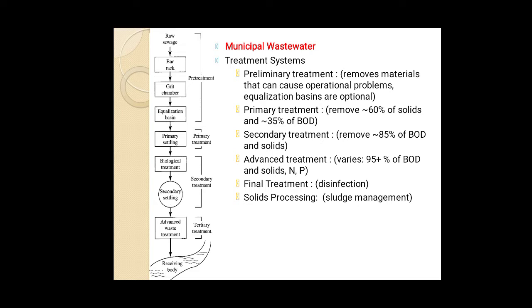After that, the primary treatment is done on sewage water, in which primary settling is done. Then the sewage water passes through secondary treatment, where biological treatment is done, and after that advanced wastewater treatment is done, and then that water is allowed to be disposed into a stream of water or on land.